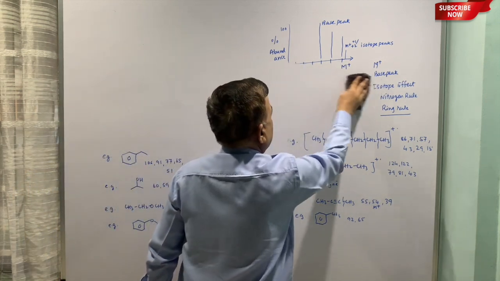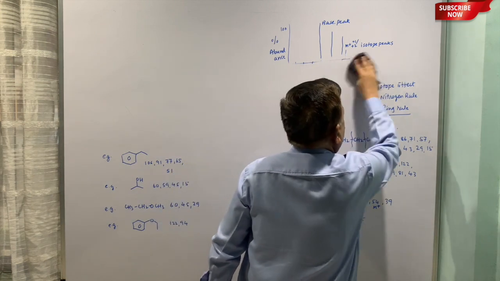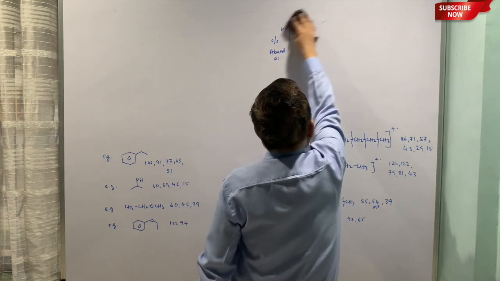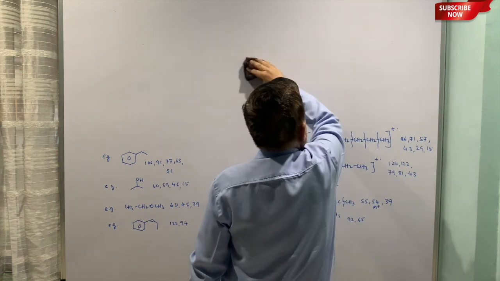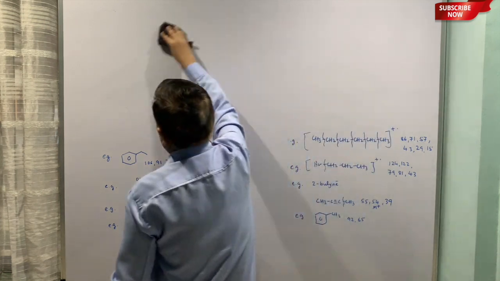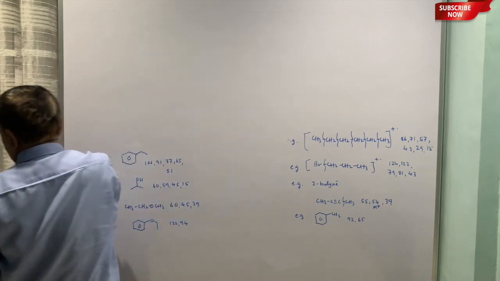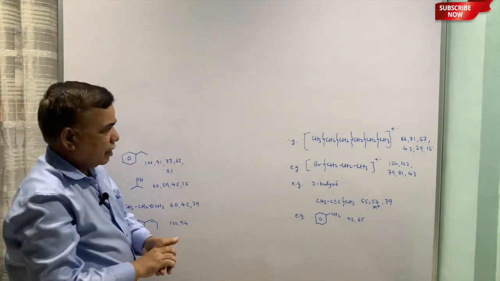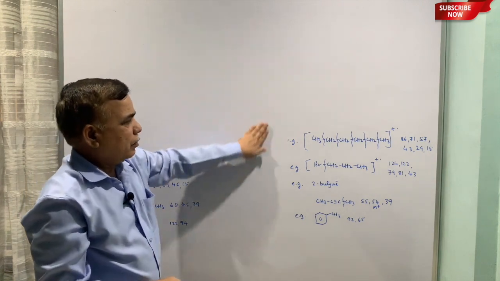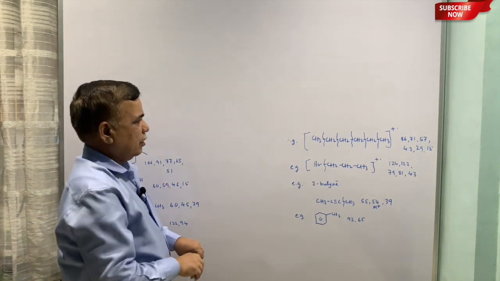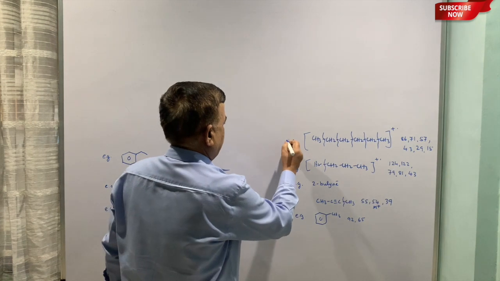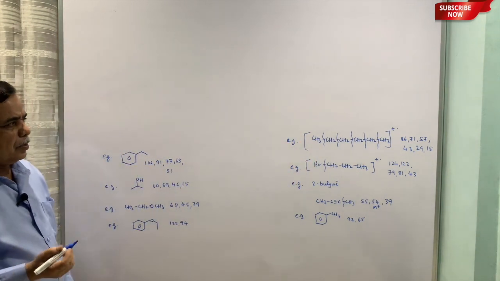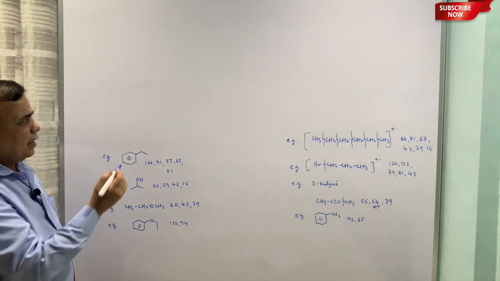Now let us go for the fragmentation patterns with various functionalities in organic compounds. Now this is also applicable to inorganic compounds, but inorganic compound fragmentation is not the scope of our syllabus. So let us restrict ourselves to organic compounds. The first functional group is alkane. So, I have written one example, that is n-hexane.